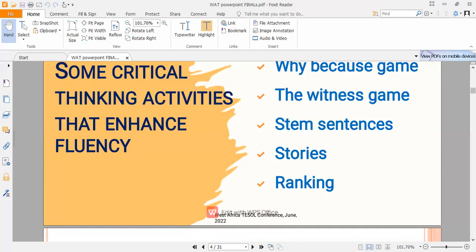So they have to think of what to say in order to complete that. On Tuesdays, in the mornings. So that's how STEM sentences actually work. And then we have stories. We got that